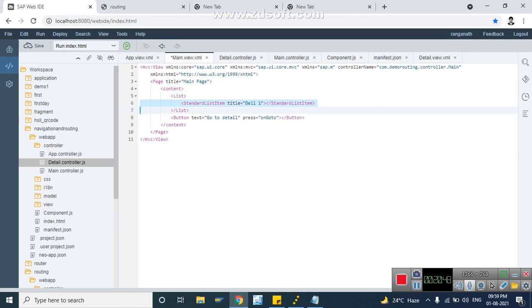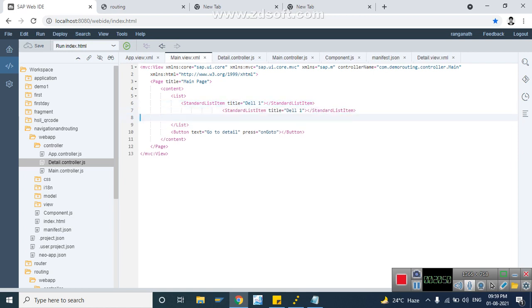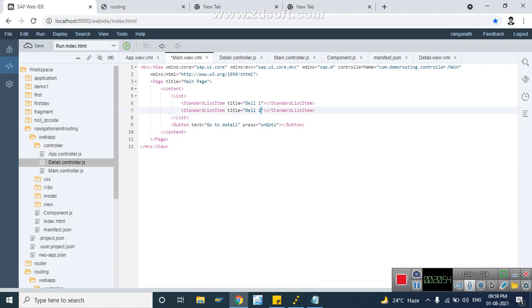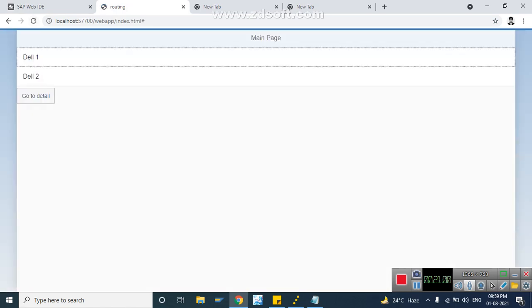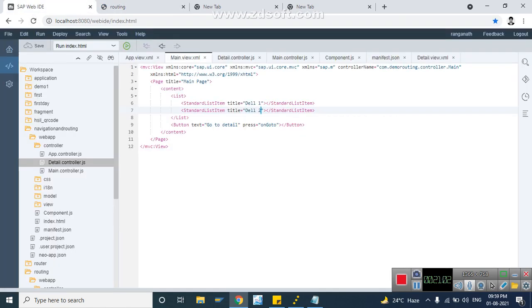Usually we bind OData here, but we are just hard coding. Del 1 and then del 2. Del 1 and del 2.